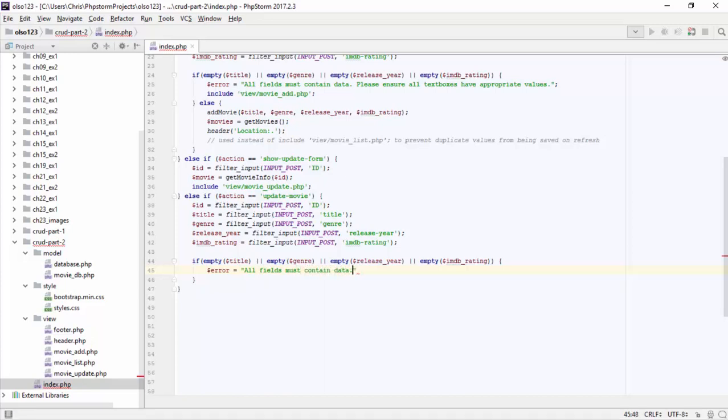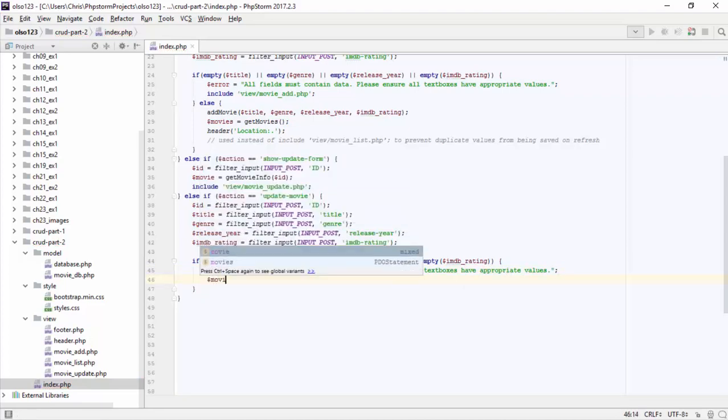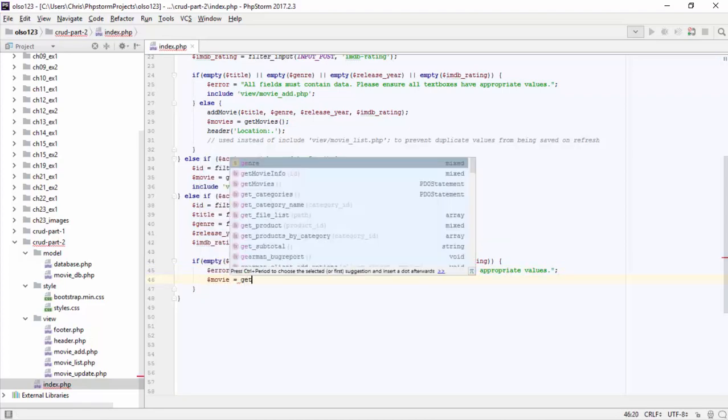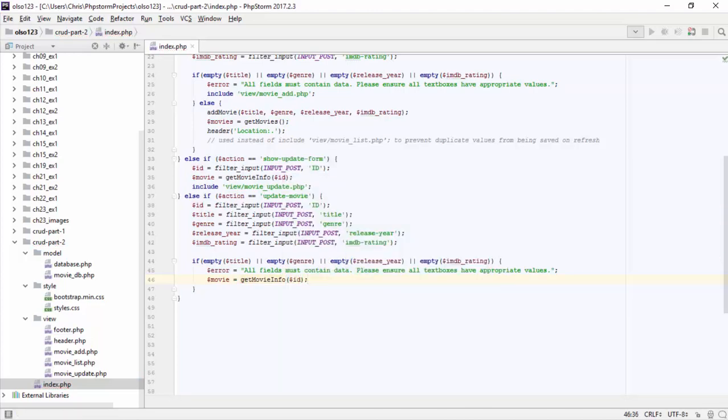If any of those are empty, I will include an error message that says all fields must contain data. Please ensure all text boxes have appropriate values. Again, that error message will display in a bold red font beneath the form. After the error message, I will set movie equal to get movie info with an ID parameter that I have to pass it so it knows the info of which movie it's going to retrieve, and I'll include the view